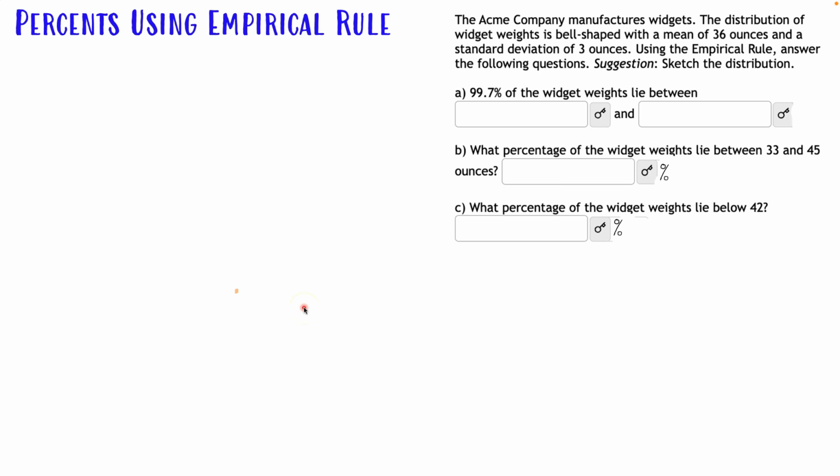In this question, we're going to use the empirical rule to answer the question. It says the Acme company manufactures widgets. The distribution of widget weights is bell-shaped with a mean of 36 ounces and a standard deviation of 3 ounces. If it did not tell you to use the empirical rule, the keywords that triggered that you would use